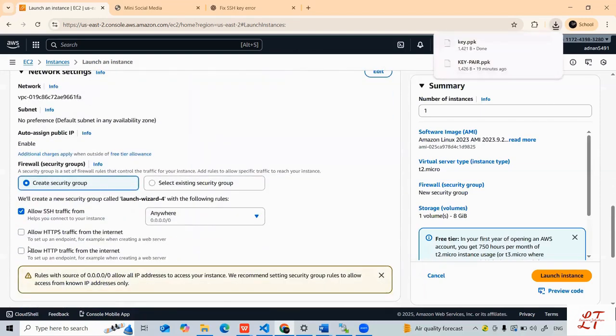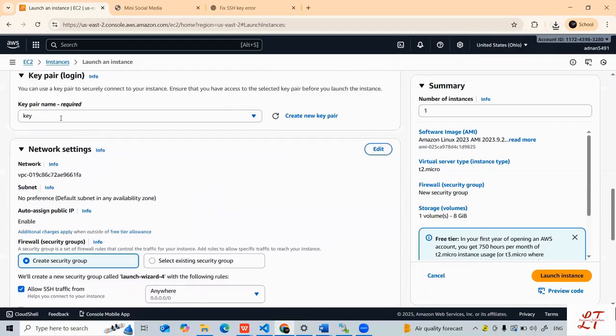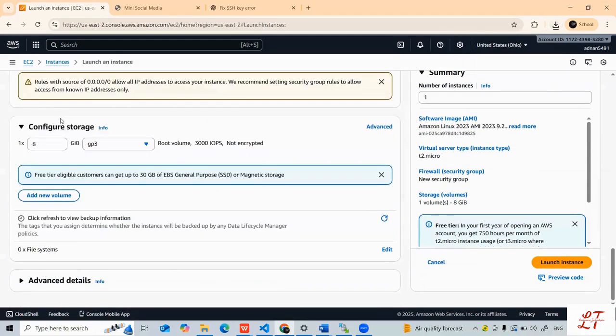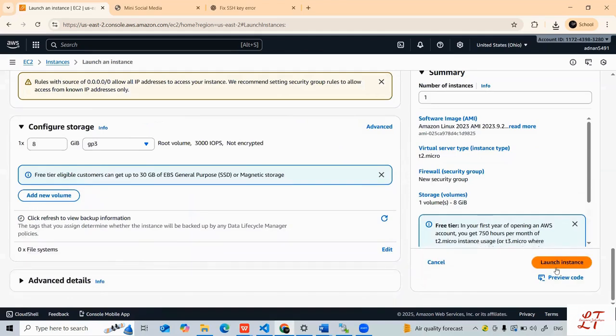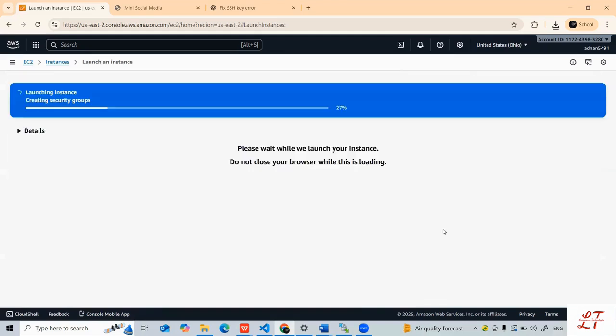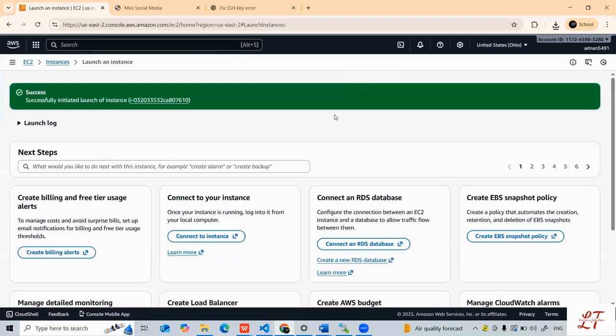And this is a very mandatory step: we allow HTTP traffic coming from the internet. And now we're going to launch the instance here. And now we're going to connect to that instance.